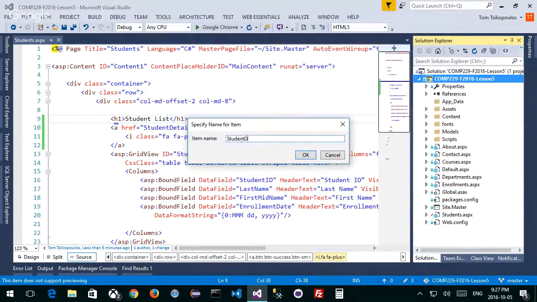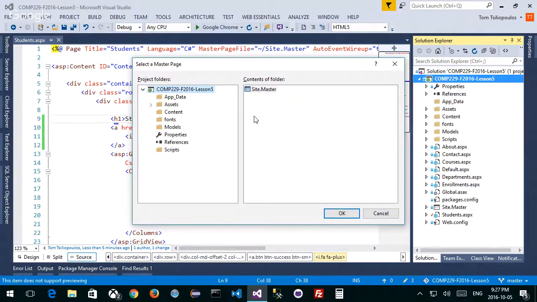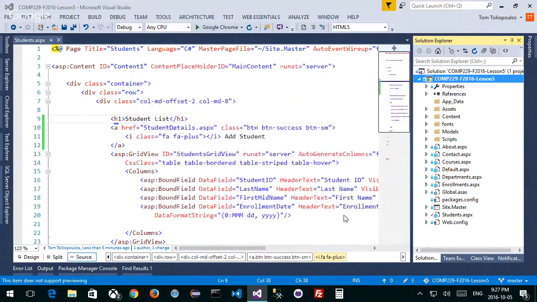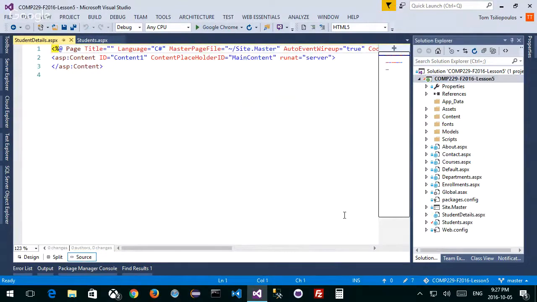Student details. Well, this would be equivalent to your details page if you're going to do the game details, right? You can see the amount of work that we're talking about here, right? Press OK. Okay, so now it's going to take me to my student details, right? This page here is what is going to give me the ability to add new students.